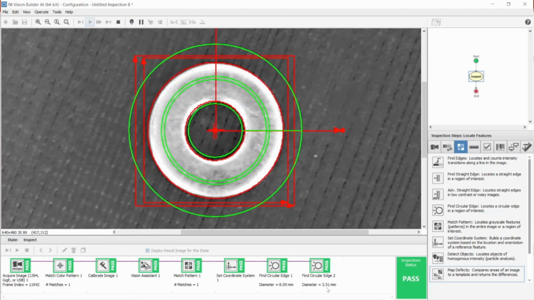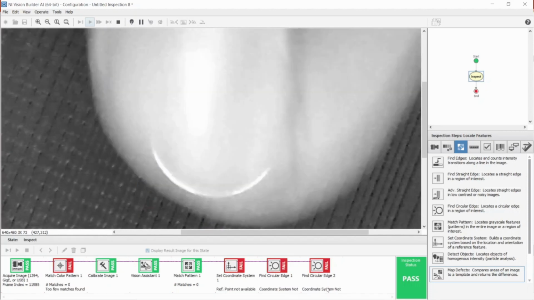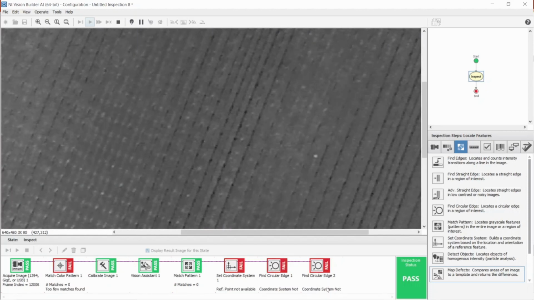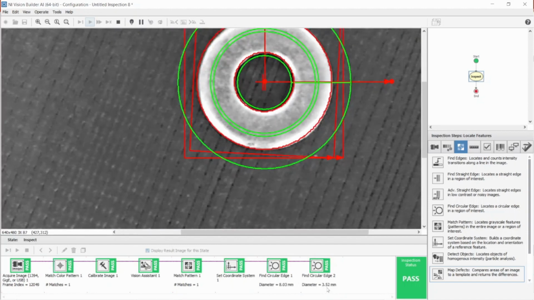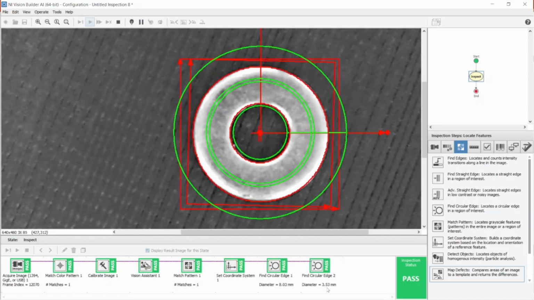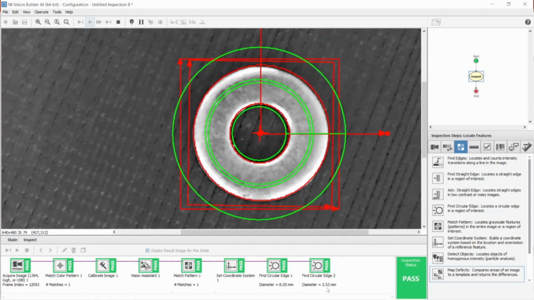We can put another object, or another ring, and then we can measure whether it has the same dimension or not. Okay, this is still a pass because the diameter is about 8 point something and the inside diameter is